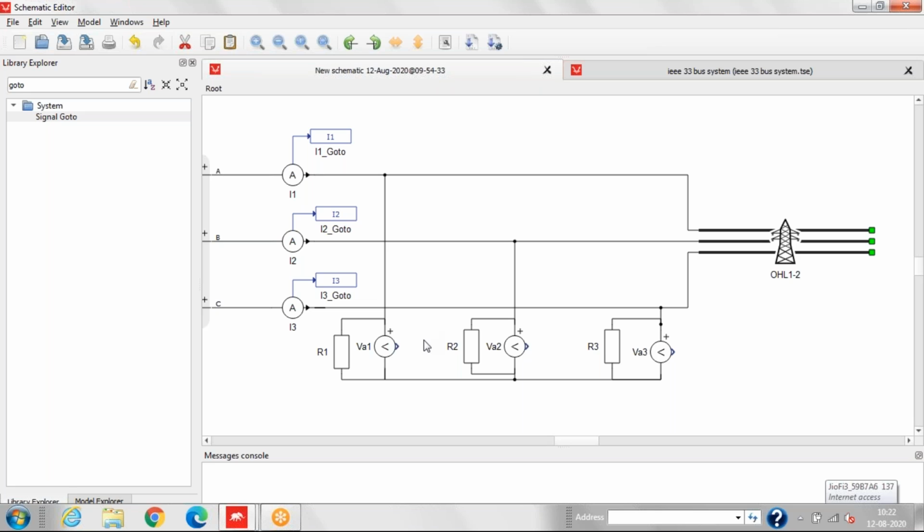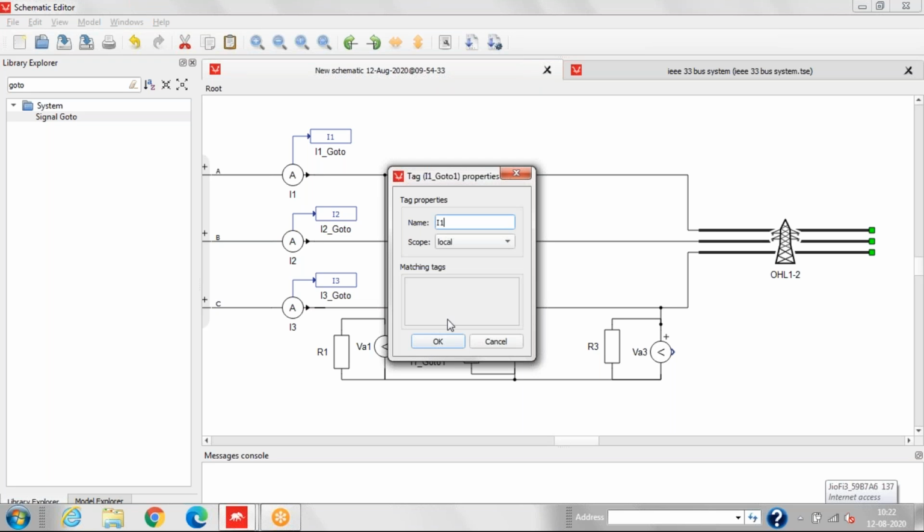Now similarly we'll do for the voltage measurement. This is PA.